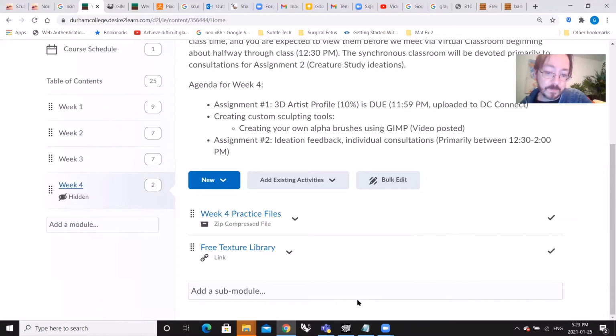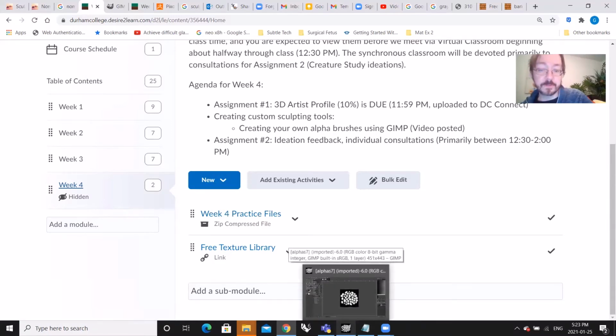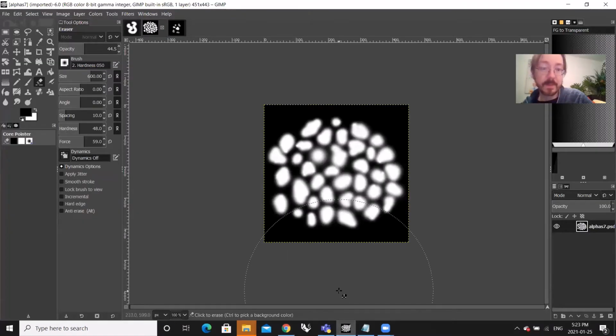So without further ado, I'll go back to Photoshop. And the idea here, not Photoshop, GIMP. Let's see, I'm tricking myself. We're going to make our own alpha brush. And if you remember this example that I've opened,